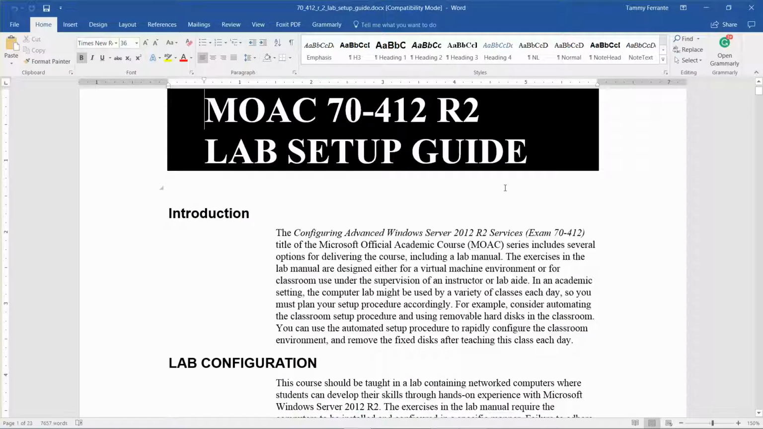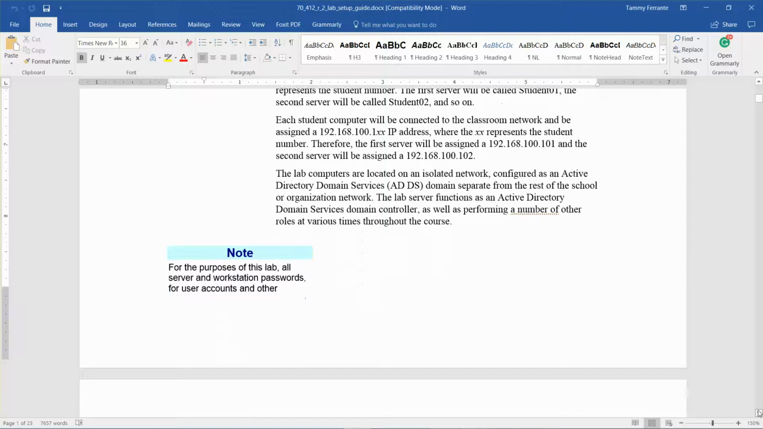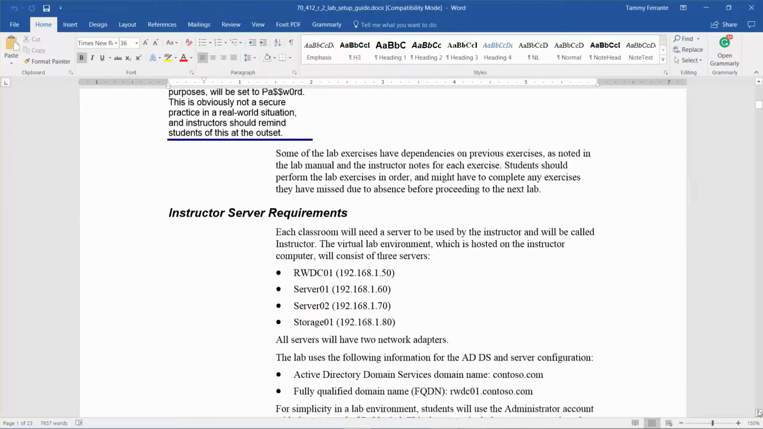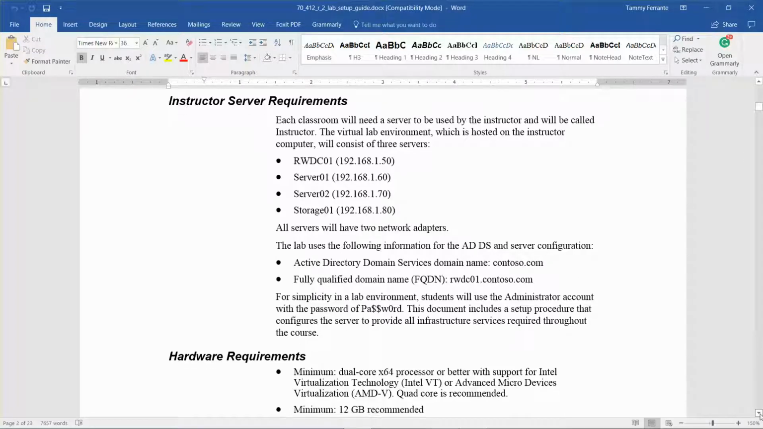This is the lab setup guide that was provided by the publisher. So we scroll through. You see that we need 1, 2, 3 servers plus a storage. All servers will have 2 network adapters. The lab is going to use the Active Directory Domain Services domain name, contoso.com, the fully qualified domain name, fqdn rwdco1.contoso.com. And then what we need is here,